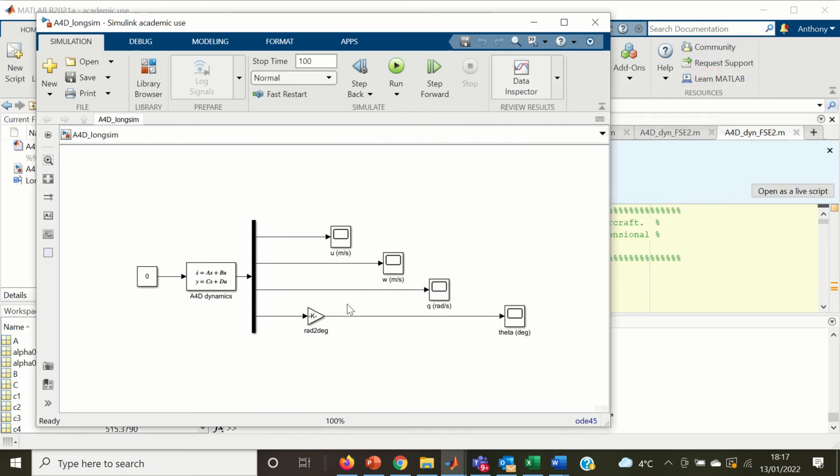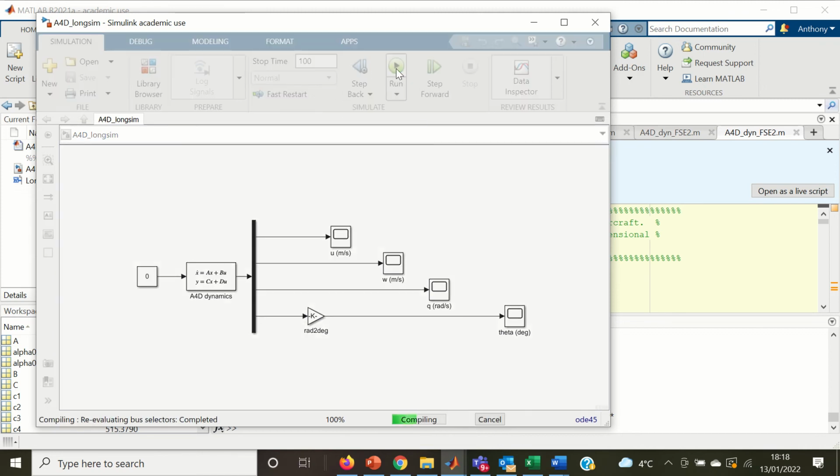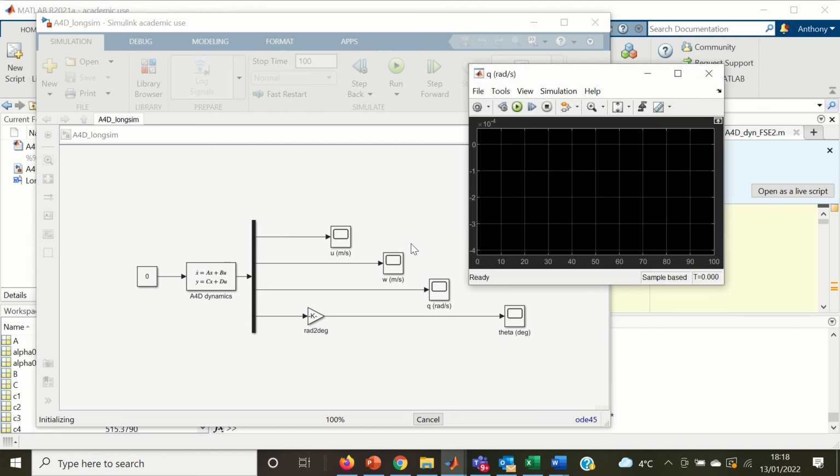This is the simulation here. Now the simulation time is set here, and you want to run this for 100 seconds and sometimes for 20. 100 to look at the phugoid mode, 20 to run at the SPO mode. So we've got it running at 100 at the moment. You can edit this just by changing the number. When you've got that number right, click on the run button and it will run the simulation, and then it